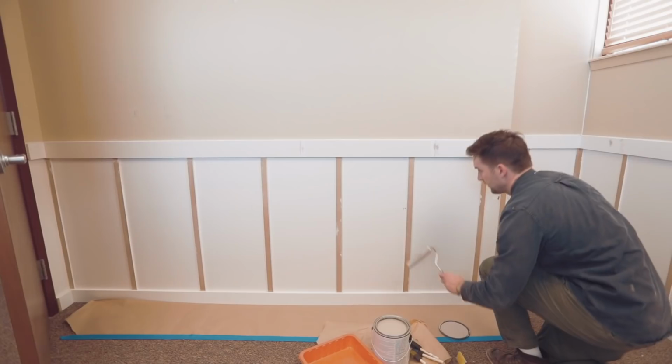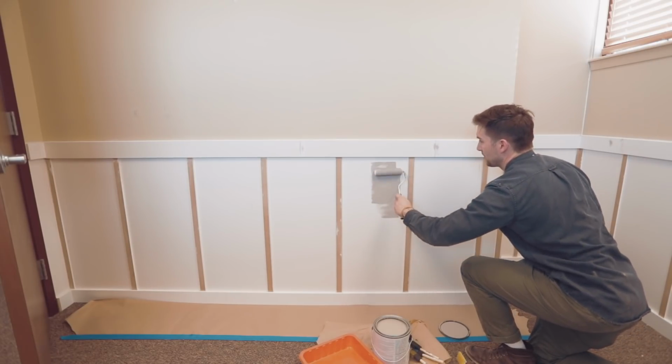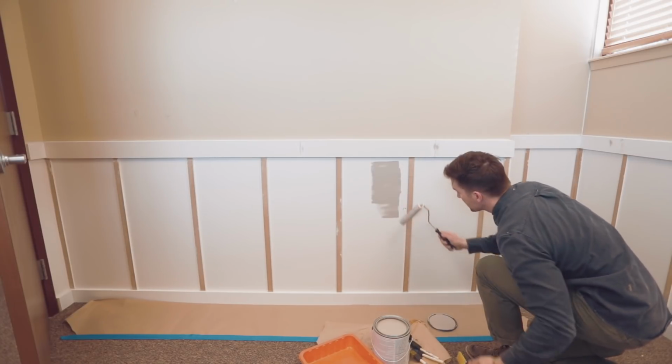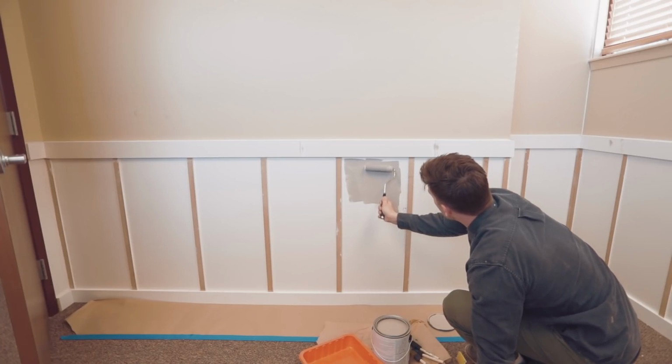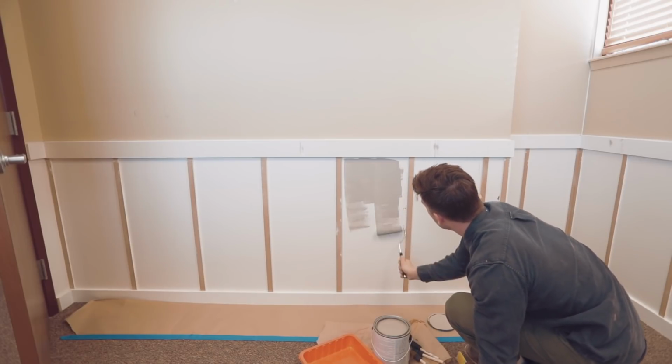Let's get to this. Foam roller here. I'm gonna run it vertically up and down. I'm gonna need 2 different coats most likely, so this is my first coat. I don't have to get it perfect the first time, but the second time is really where I gotta make sure that there's an even, consistent